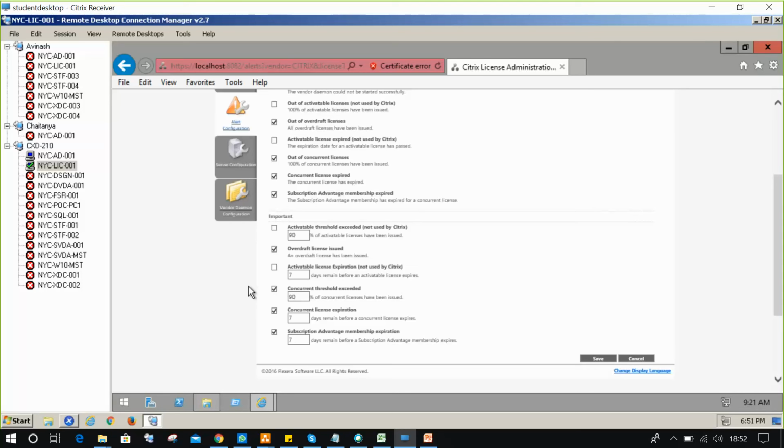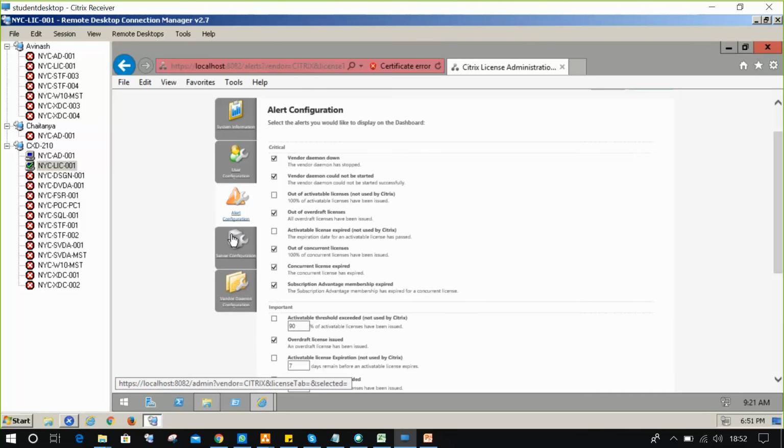Licenses are very important. Sometimes your manager will ask you to check the license count and how much utilization, all these things. Please work on that. Understood.